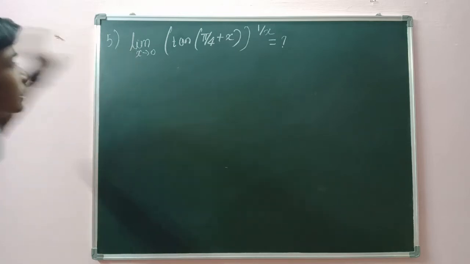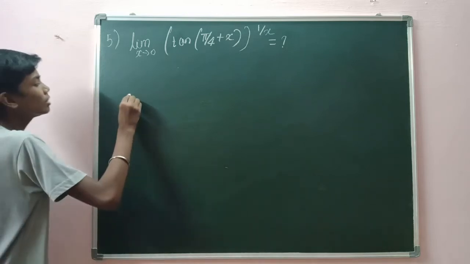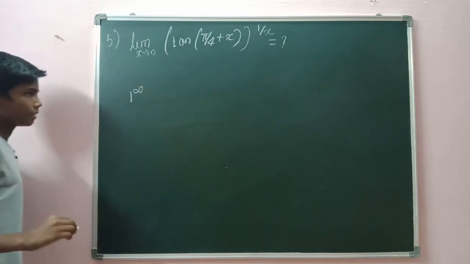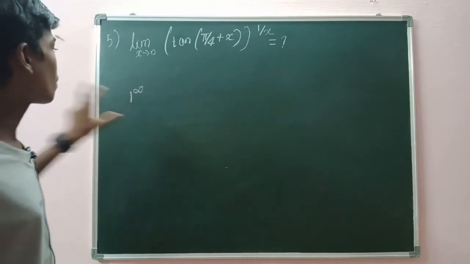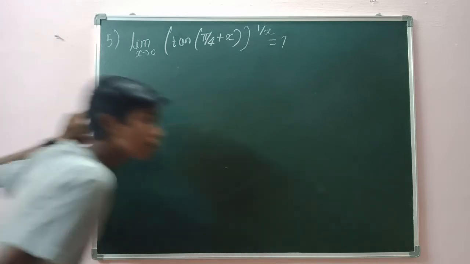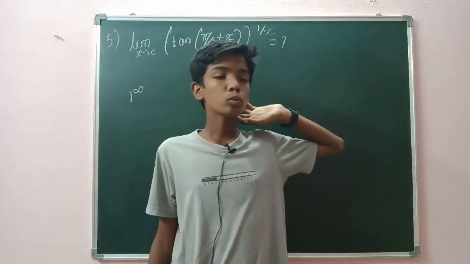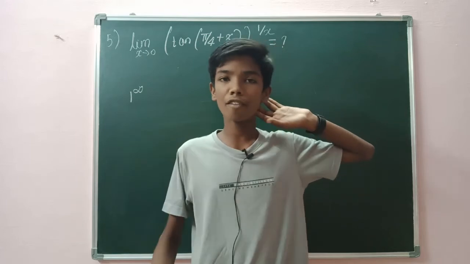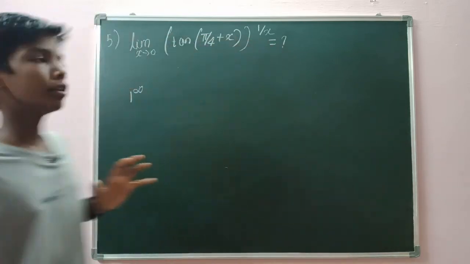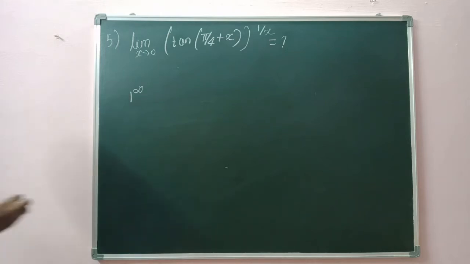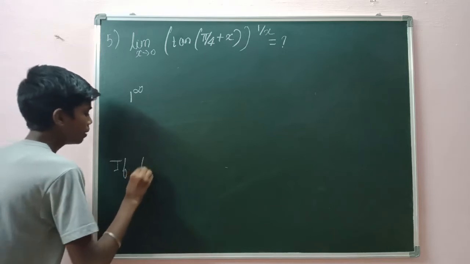Basically, when you put x as 0 in this limit, you will get the form 1 power infinity. This 1 power infinity is one of the 7 indeterminate forms, and there's a separate technique to break down this 1 power infinity form. What is the technique? I will write here, guys,